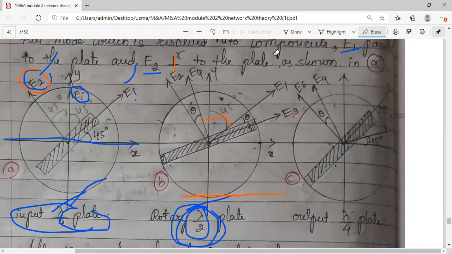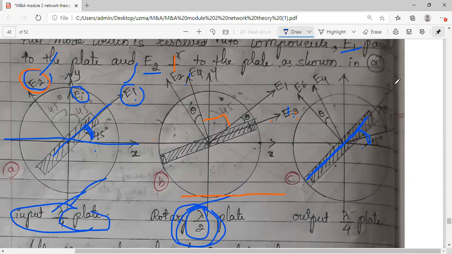Observe this third figure. I don't want E3 and E4 in the third figure because basically the first resolution E1 and E2 are your components. So whatever further components come, I will try to express them in terms of those only. Try to check this figure. This is your lambda by 4 plate and its position is fixed, just like your first plate. Observe, the first plate's position is 45 degrees, and the output plate's position is also 45 degrees. Both of these are fixed; only the middle one will have position theta.